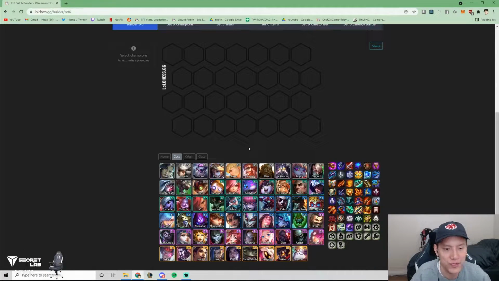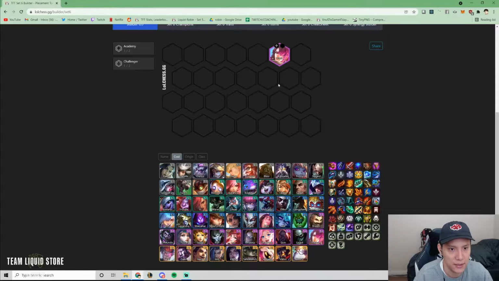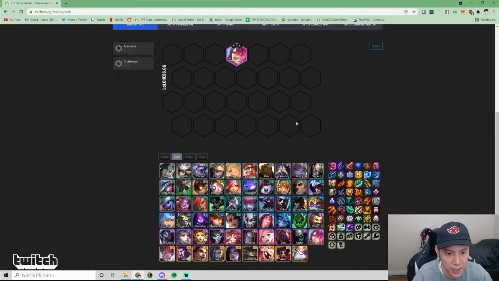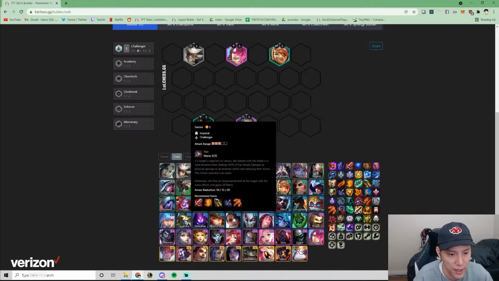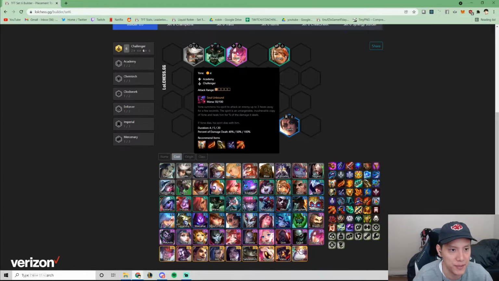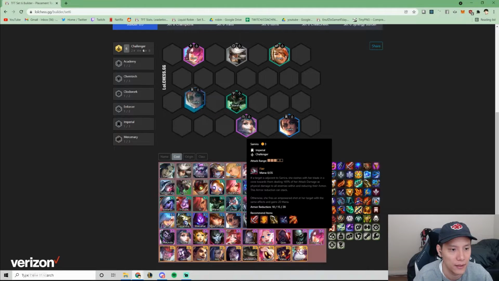The second comp is going to be Vertigo Yone. It's pretty simple as well. It's going to be 6 challengers plus Leona and Braum. It's pretty easy. So 6 challengers: Camille, Yone, Warwick, Quinn, Fiora, and Samira. Right? It's just this. Maybe positioning can be something like